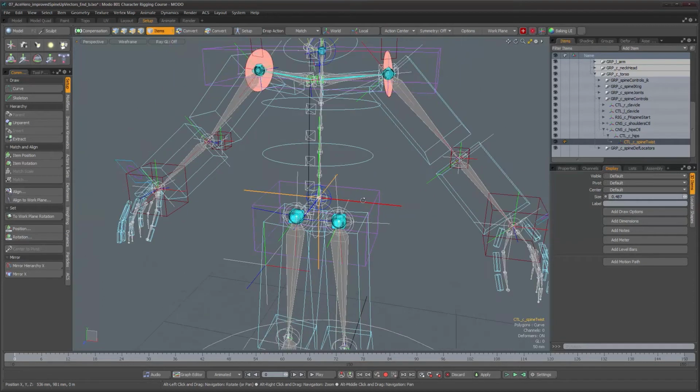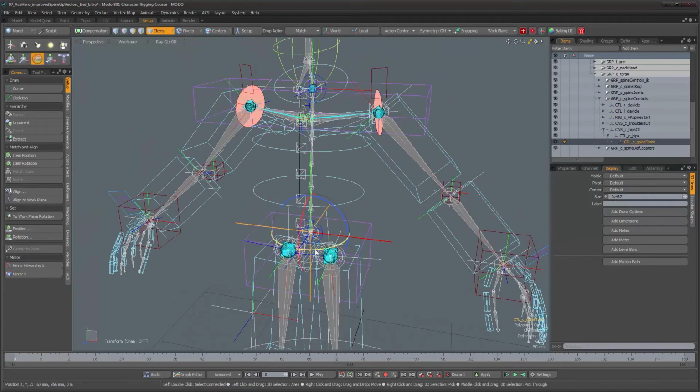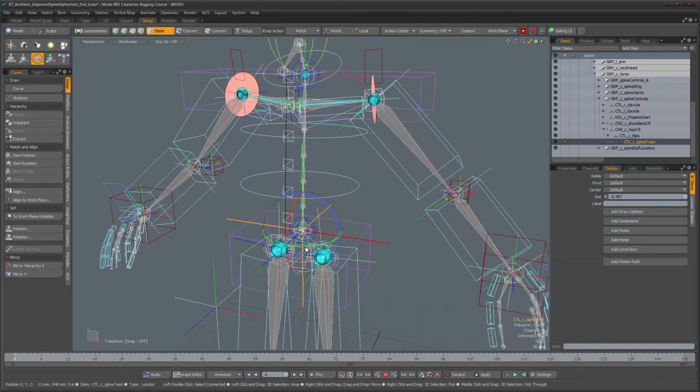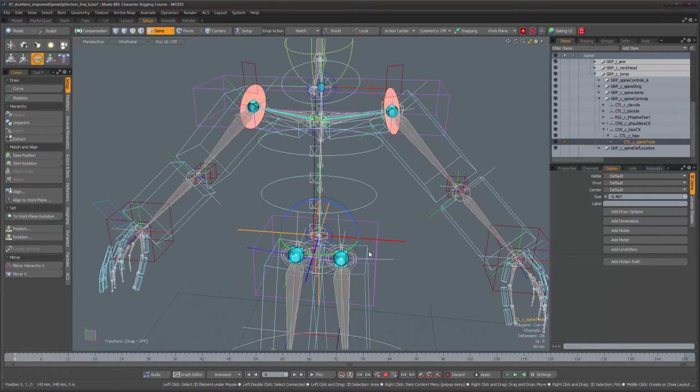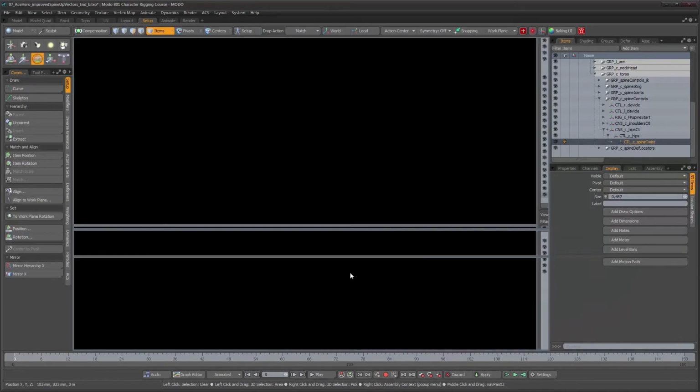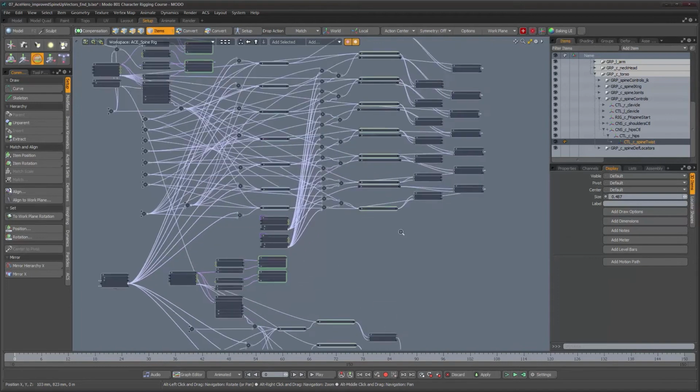That's it. So what I want to do is to use this guy to control the rotation, because that way I'm going to be able to drive the entire spine without having to worry about the position of the up vectors. If we take a look at how we had rigged this, you'll notice that what was going on is